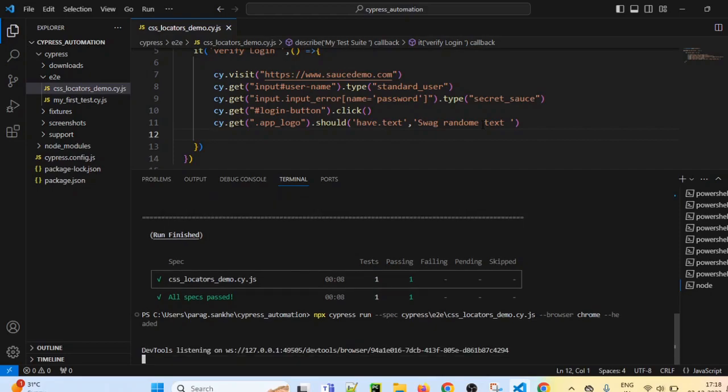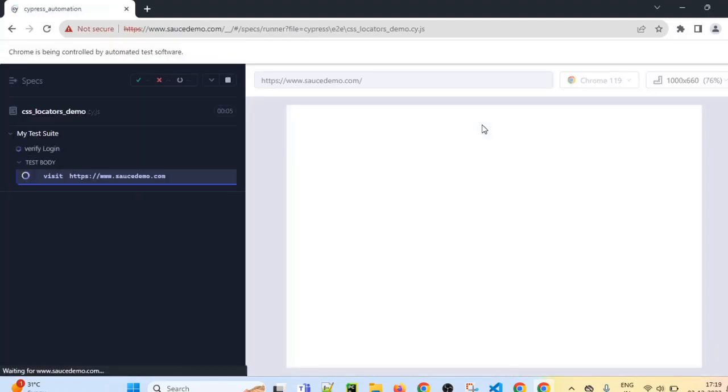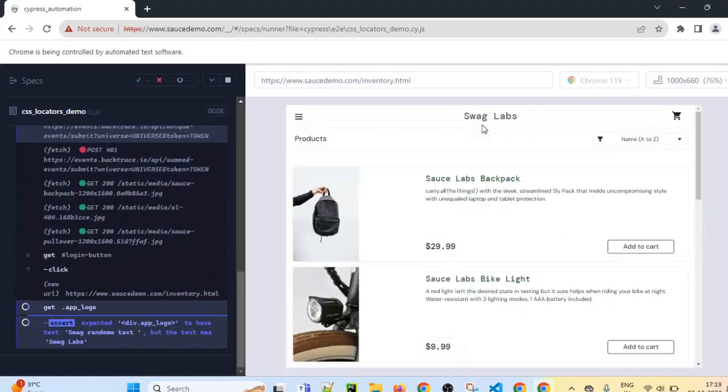So it is launching the browser now. On Chrome it is launching. It is loading the test case. It will open the browser. It will successfully log in. But after login, it will mismatch the value of that page, not the title, but the top value, which is Swag Labs. So now it is logging in. If you see Swag Labs, now it will fail the test case.